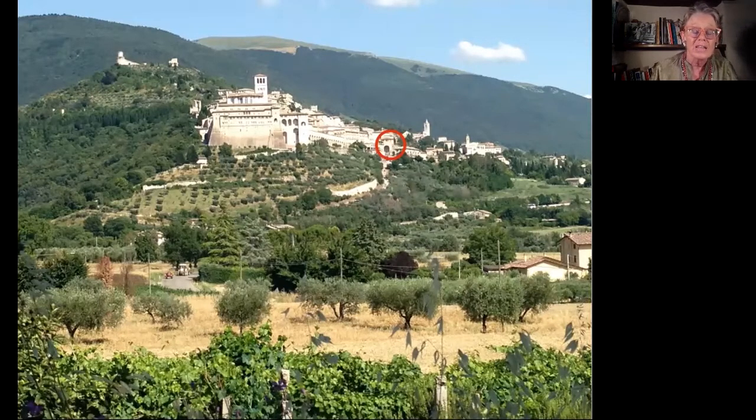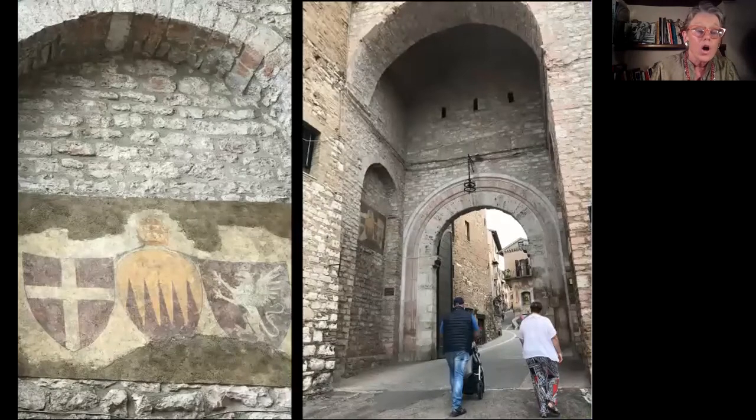What you're seeing in the photo actually is the massive fortress-like Sacro Convento, or Holy Monastery, where the Franciscans live. About 90 Franciscans are now an active community here at the Basilica. You can see the bell tower of the Basilica of St. Francis. So when you walk through this arch, the first thing you'll see before you enter it is